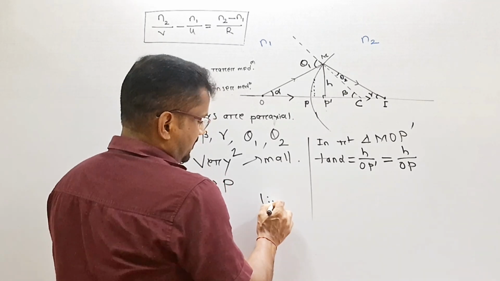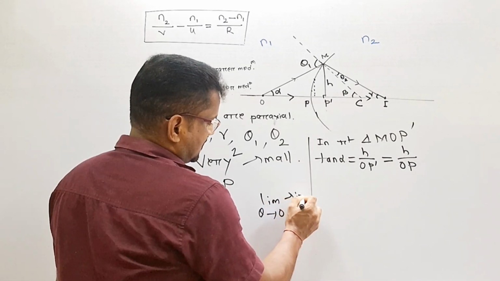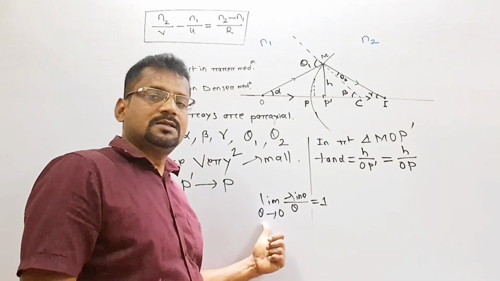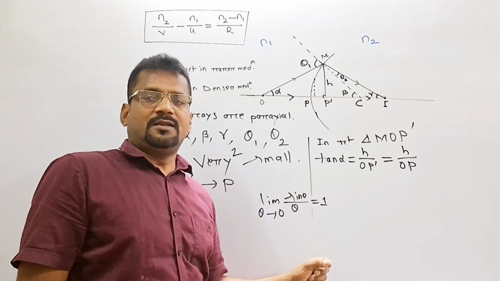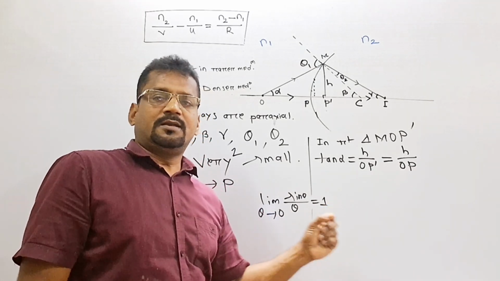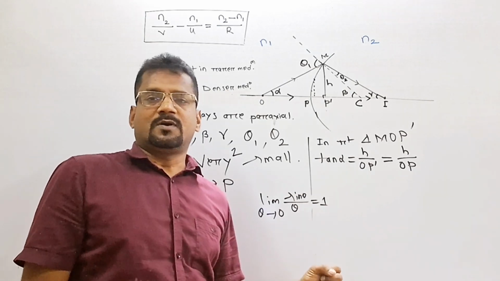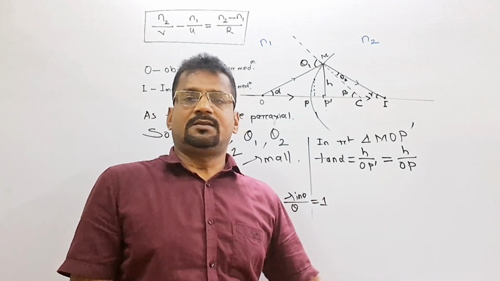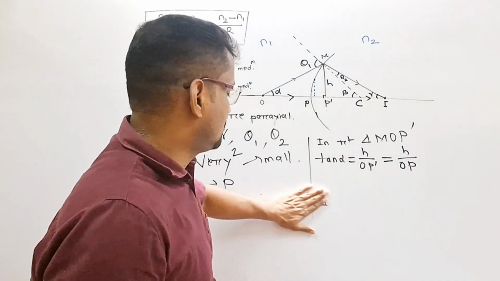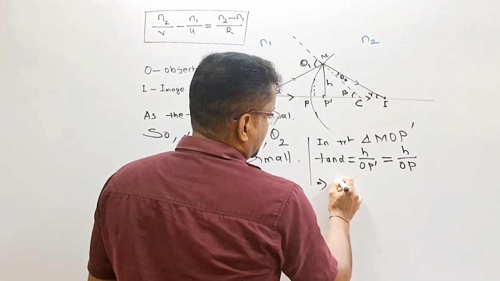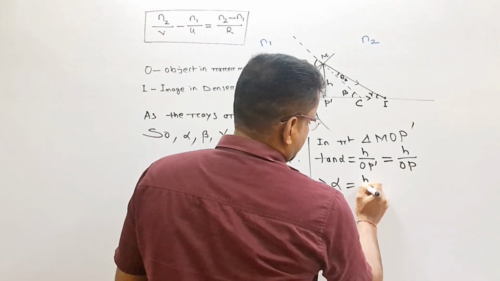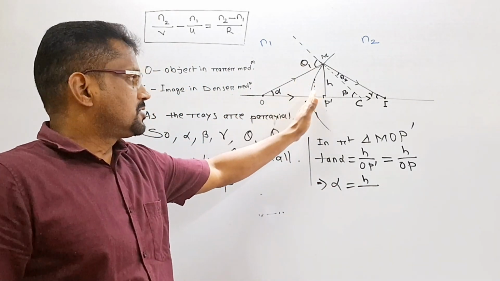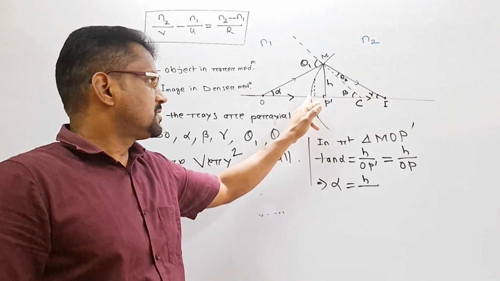It means, as you know, limit theta tends to 0, sin theta by theta is equal to 1. তার মানে থিটা যেতিয়া tends to 0 হয়, infinitely small হয়, ডাইৰেক্টলি ক'ব পাৰা sin theta equal to theta, আৰু limit theta tends to 0, tan theta over theta equal to 1 হয়। তো যেতিয়া theta infinitely small হয়, tan theta ৰ জায়গাত আমি theta লিখিব পাৰো। এইখিনি কথা আমাৰ জানা থাকিব লাগিব। তো ইয়াতে আমি লিখি দিম alpha equal to h by, all the distances are measured from P. ই এটা convention বা assumption, all distances measured from P।